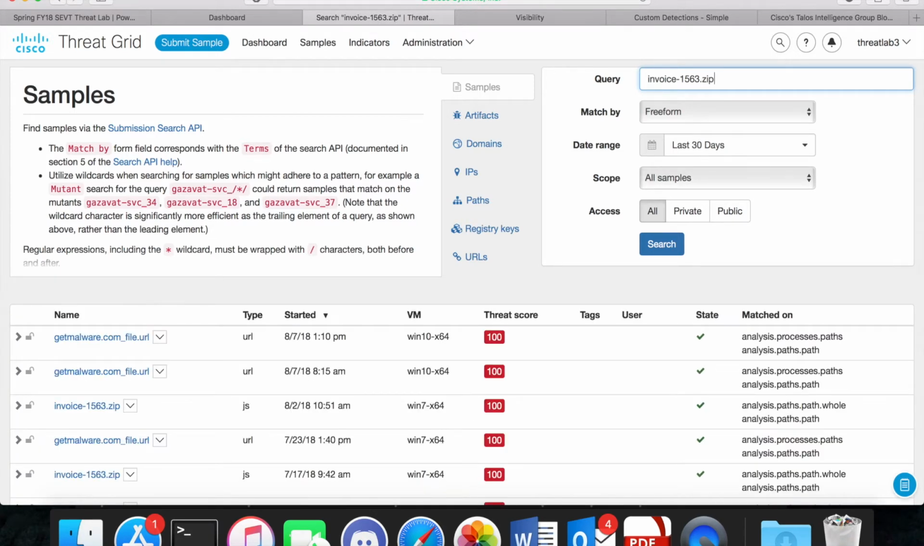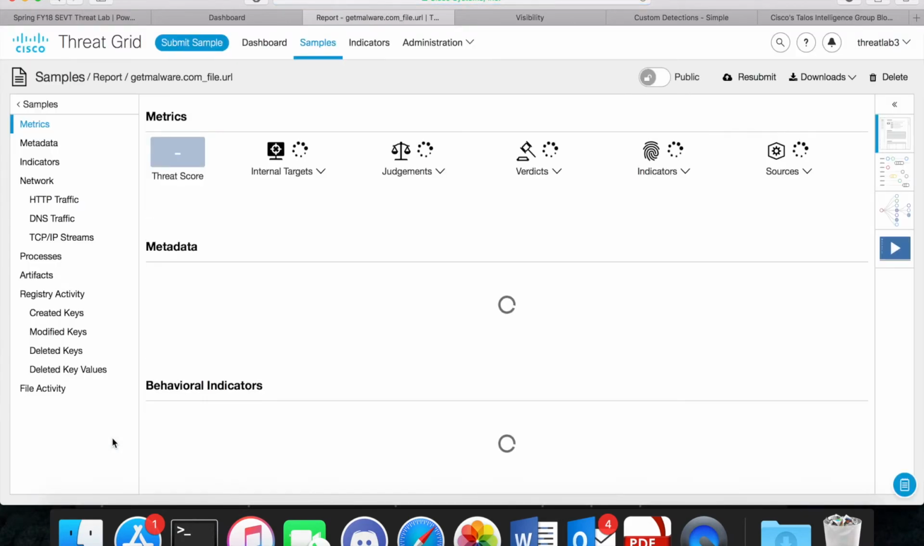Okay, and what we can see is that it's going under the pseudonym getmalware.com file URL. And the cool thing about Threat Grid, once you've typed in the actual search query for the infected file, you'll find that it's populated, and whatever else is connected to that file will populate as well. So if we go to getmalware.com,